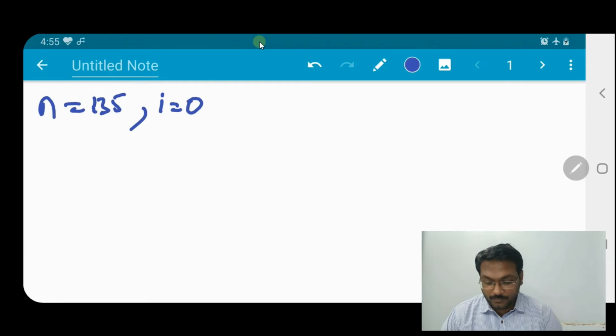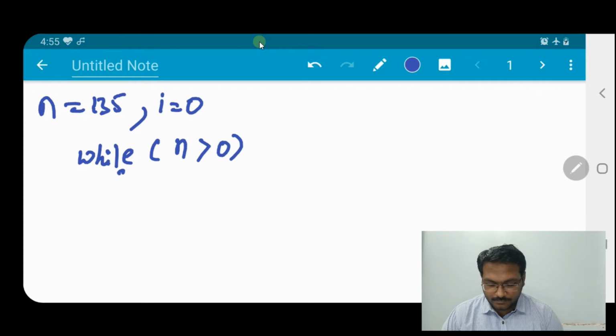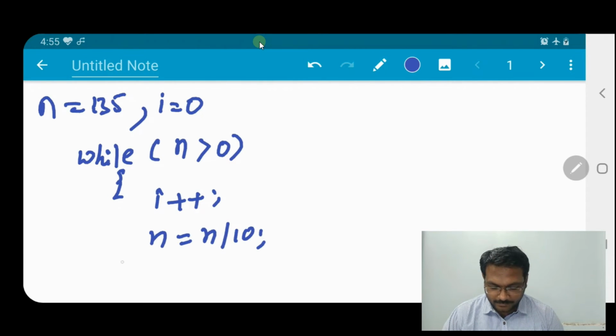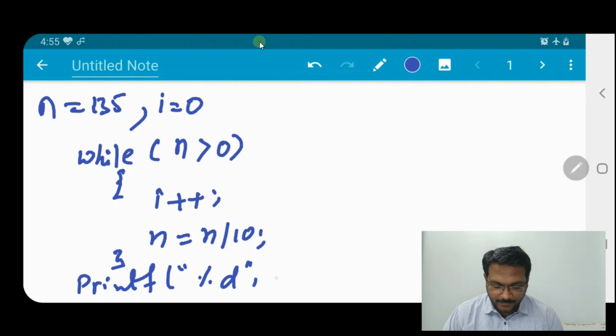I will add a while loop here: while n is greater than 0, i plus plus, n is equal to n by 10. After this, printf percent d, i.